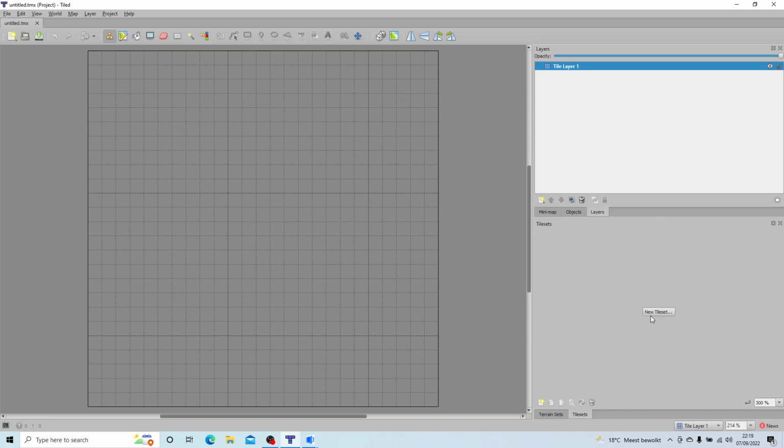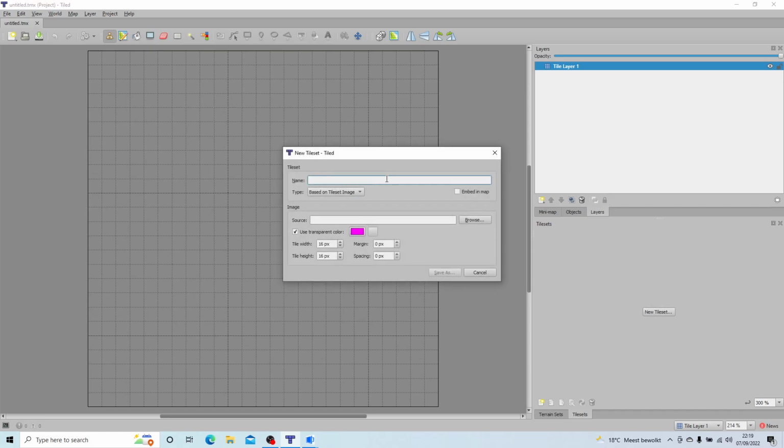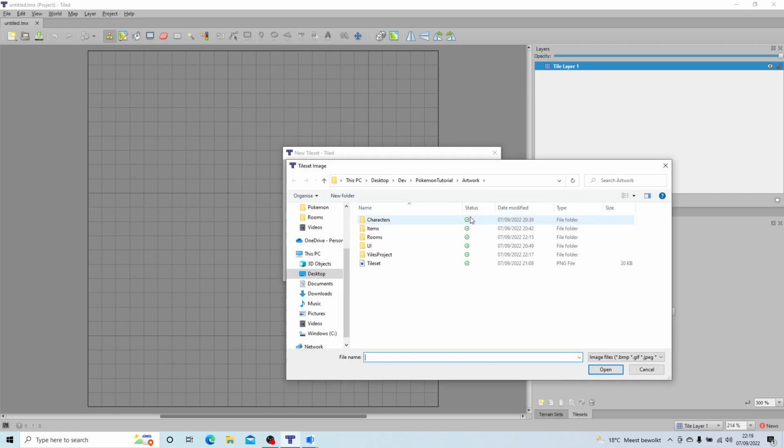So I'm just going to click on new tile set, and I'm going to give it a name. Obviously this name should be unique to what the tile set is. So for instance, you may have multiple tile sets, one for a forest or a cave or a city, but I've compiled all of the Pokemon environment tiles into one image, so I'm just going to call this tile set. I'm going to find my PNG tile set,